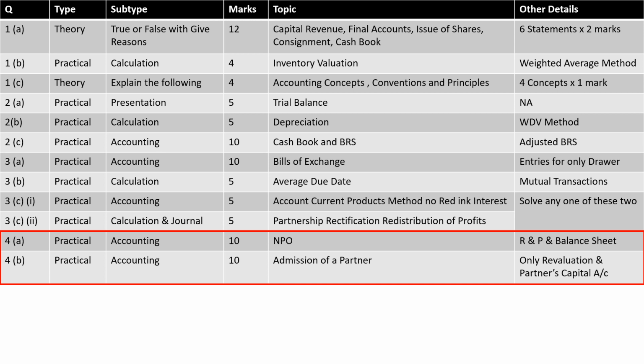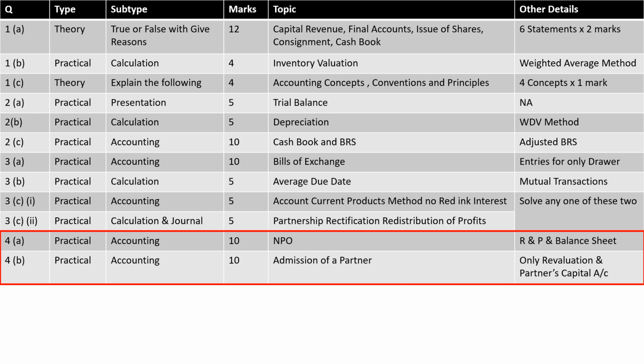And 4B is again a practical question, accounting in relation to admission of a partner. But most important, they have not asked balance sheet. They have asked only revaluation account and partners capital account, nothing more than that, and that for 10 marks. So if you are good at NPO, then question number 4 is a question which you should go for, because